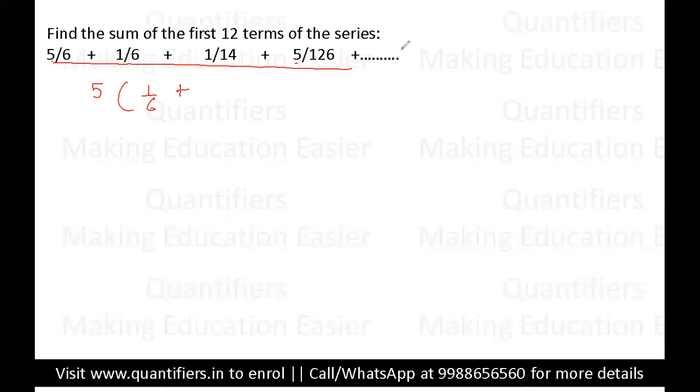इस पूरी term को हमने 5 से multiply भी किया है और 5 से divide भी किया है. Right? So 5 I've taken outside, right? And each term you can say we are basically dividing by 5. So now this 1 by 6, right? This 1 by 6 will be 1 by 6 into 5. So this will become 1 by 30. And similarly, students, next term, it will become 1 by 14 into 5. So that is 1 by 70. And the next term, students, you will get 1 by 126.